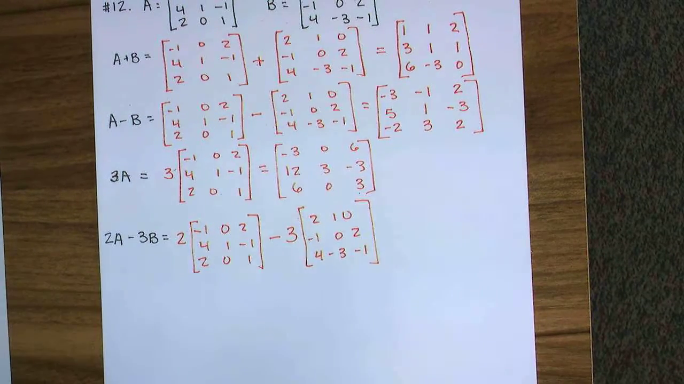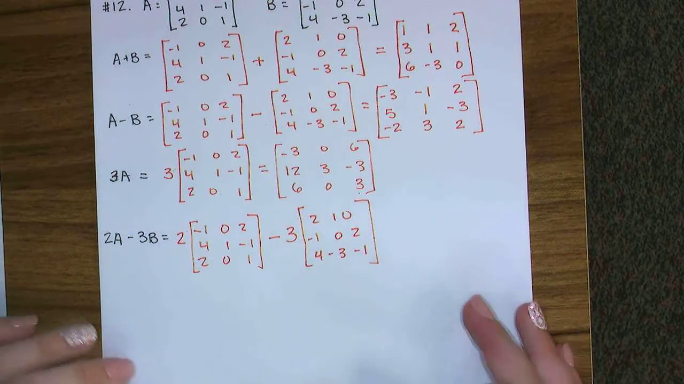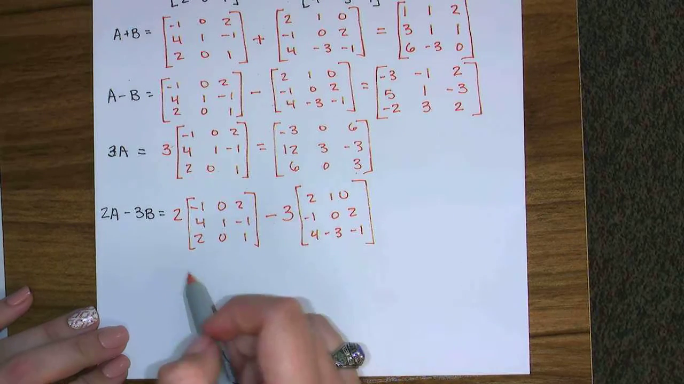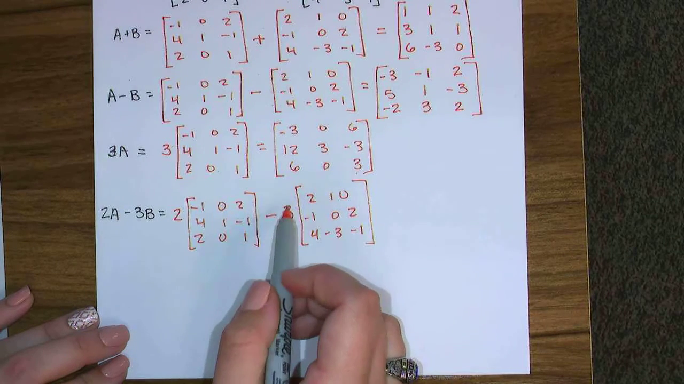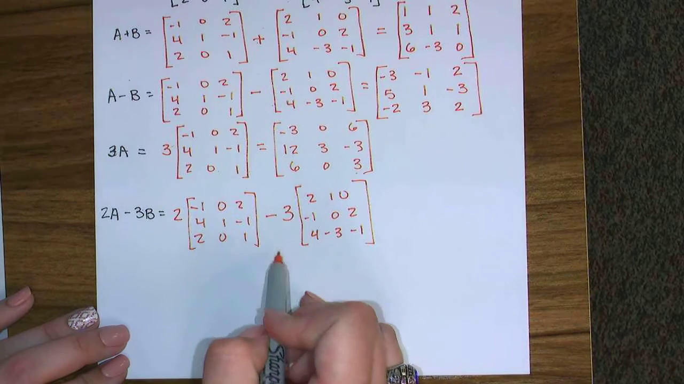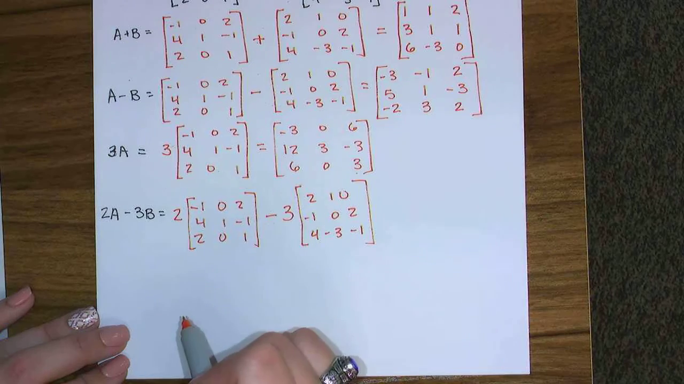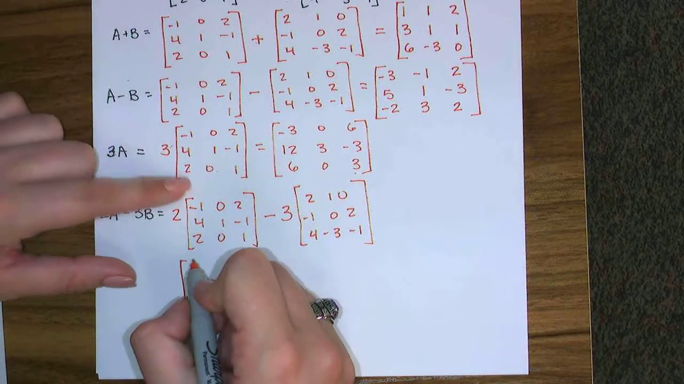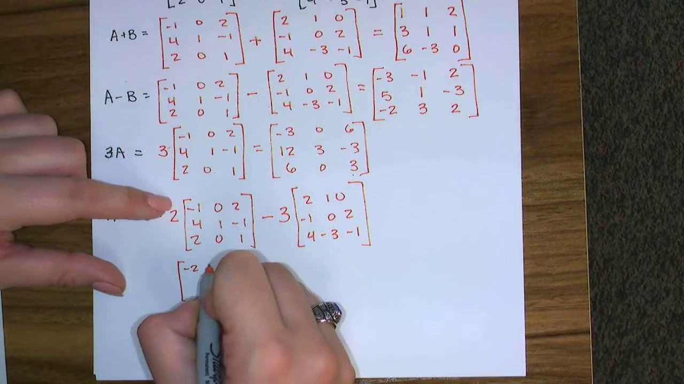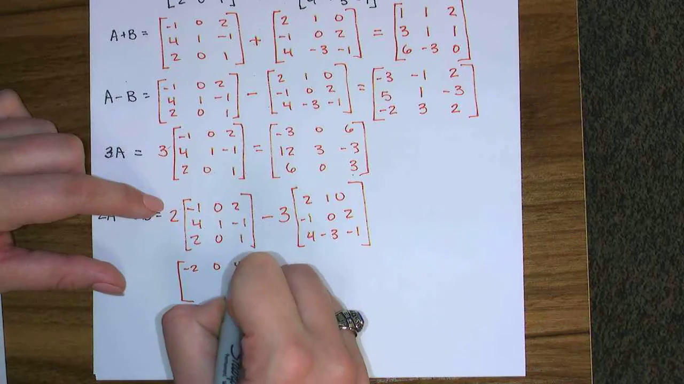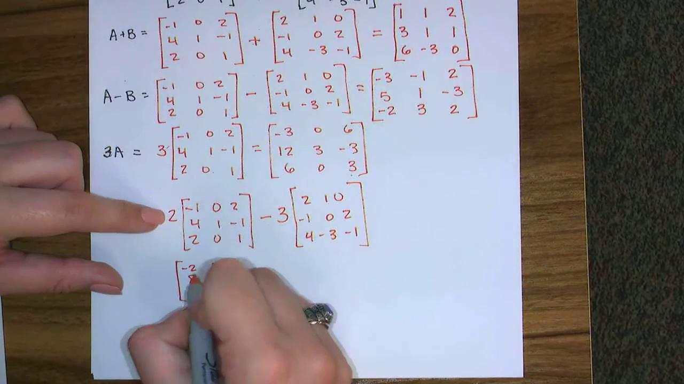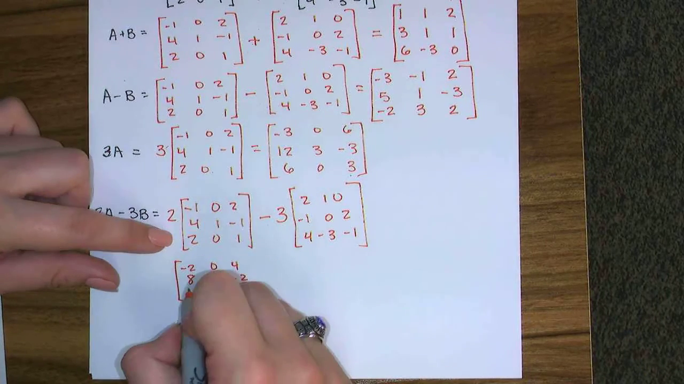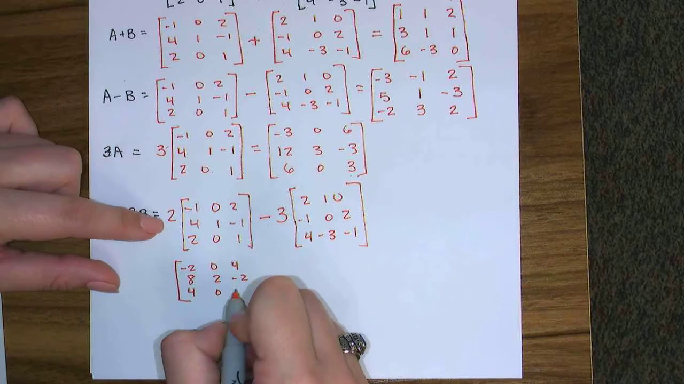Alright, so the way I would recommend doing this is to go ahead and multiply this stuff through first and then go back and add everything. So I'm going to multiply the negative 3 through here and put a plus sign between the two matrices. So this new matrix is 2 times negative 1, negative 2, 2 times 0 is 0, 2 times 2 is 4, 2 times 4 is 8, 2 times 1 is 2, 2 times negative 1 is negative 2, 2 times 2 is 4, 2 times 0 is 0, 2 times 1 is 2,